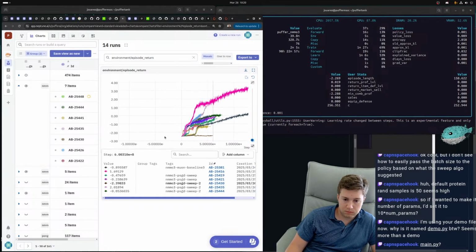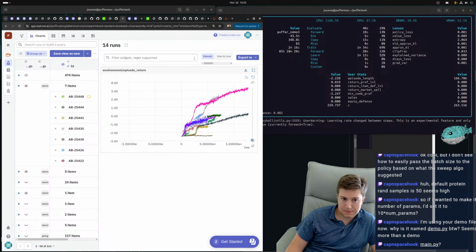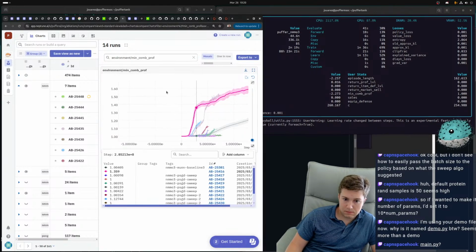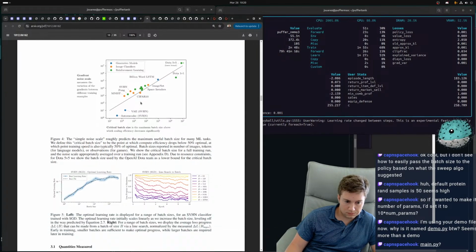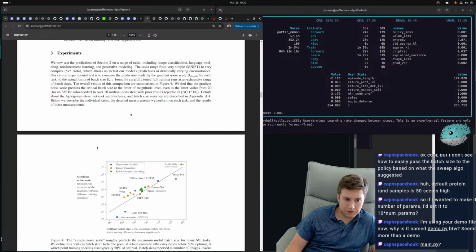I have a few more of these in here as well. How did they compute this actually, this variance?